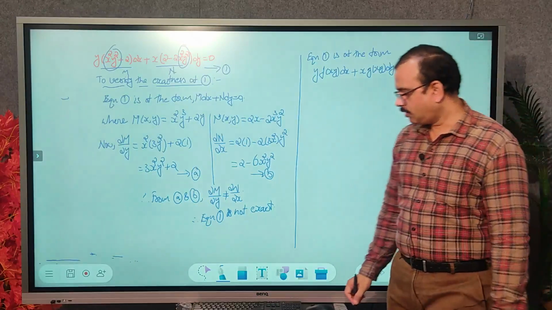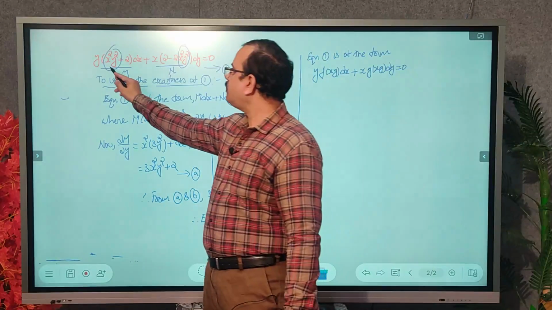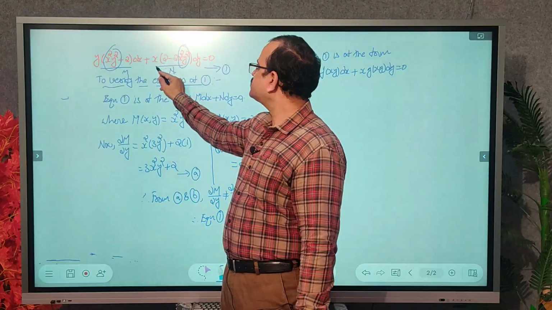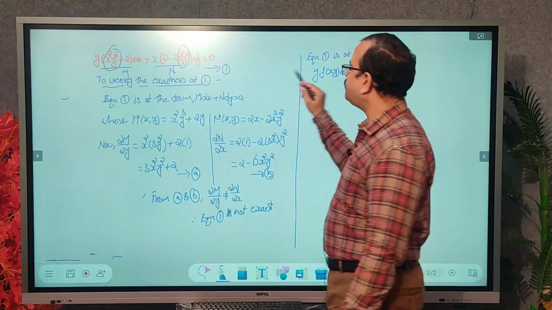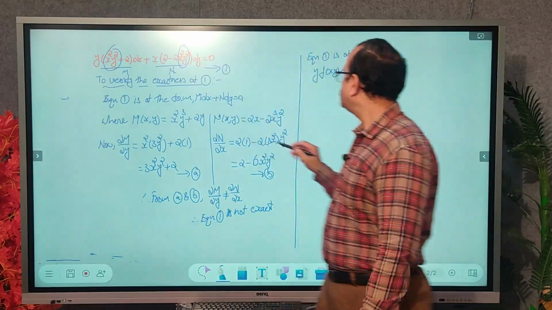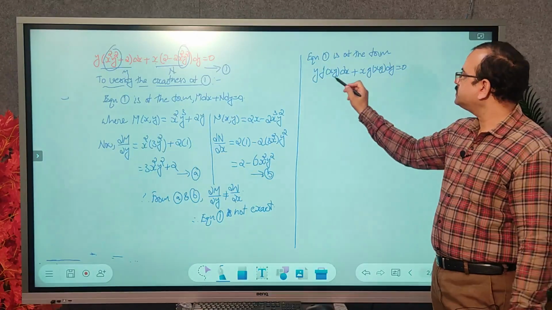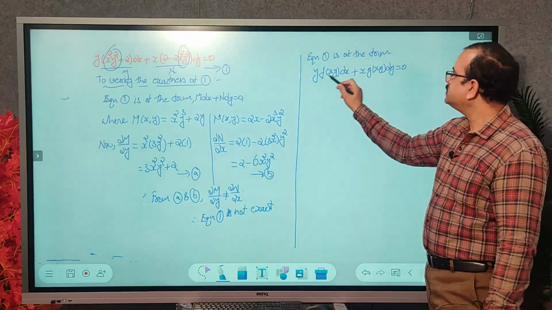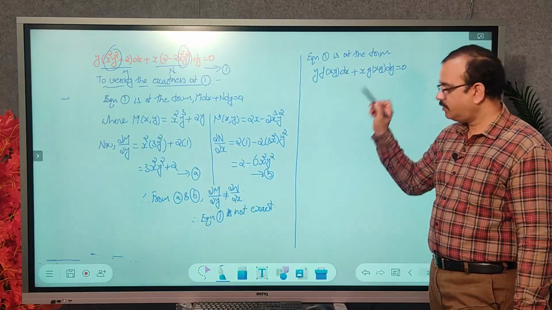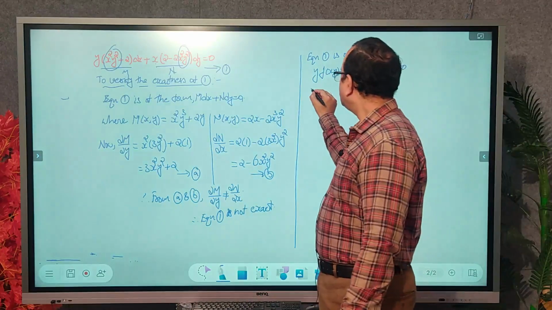After taking y as common, here we have a product term, and after taking x as common here also we have the product term x square y square. So just by comparing the given equation with the standard form, it is in the standard form. So therefore now we can say that